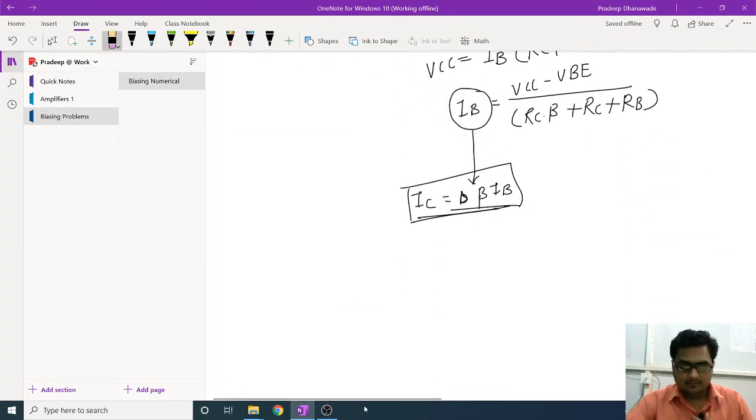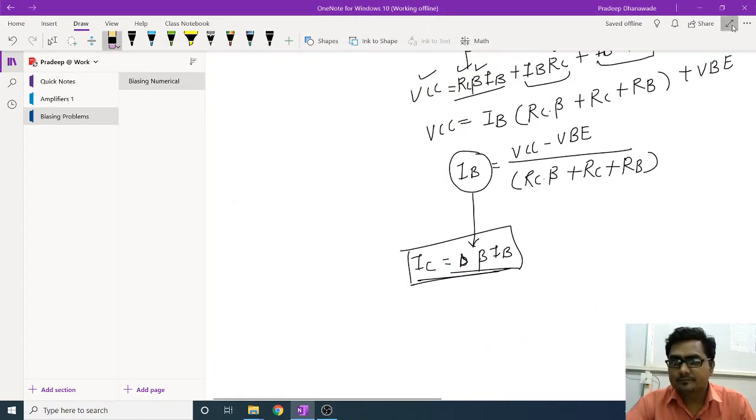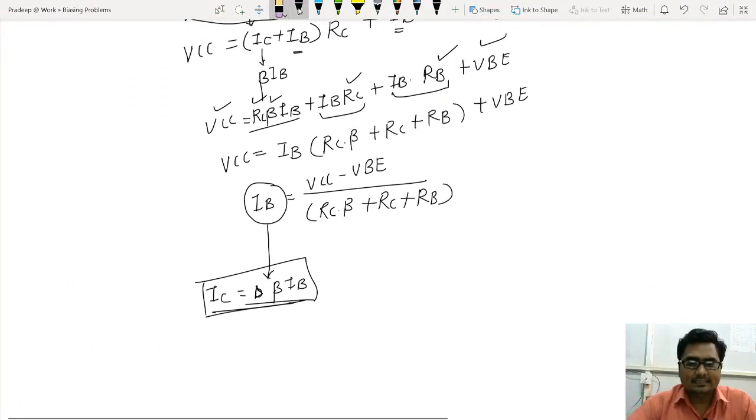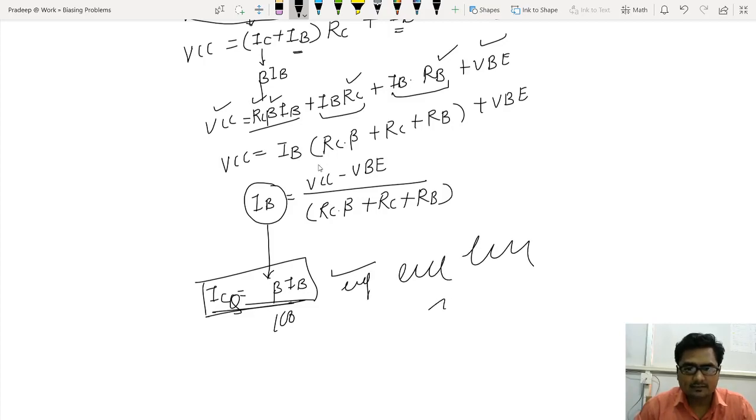See now, it's quite okay. So where are we? It is IC. Okay, let me delete this first. IC is equal to beta IB. That's all. So it means you have to calculate the value of IB and then multiply by the value of beta. So beta is given, it is 100, and whatever value of IB you calculate, you will get the value of ICQ then. Yes, now this is quite fine. Let me check again. Yes, it is done.